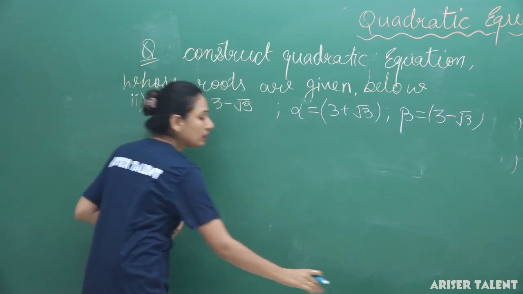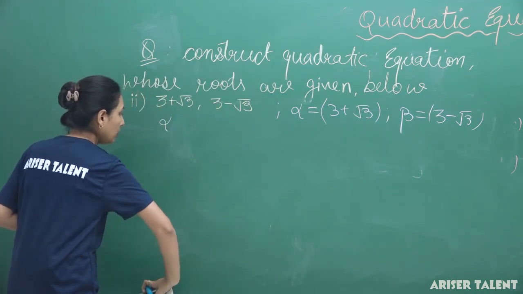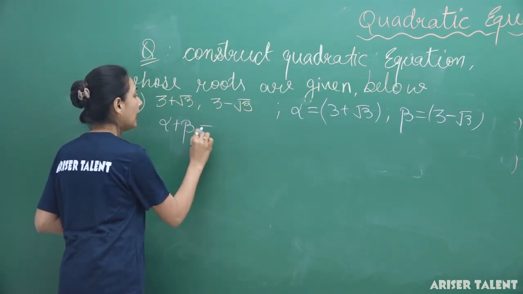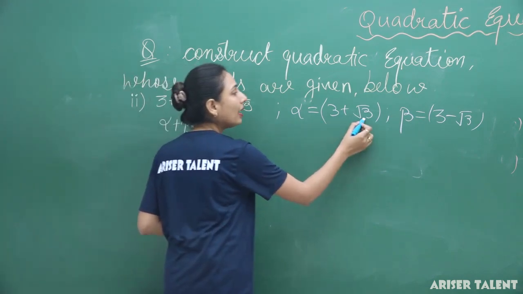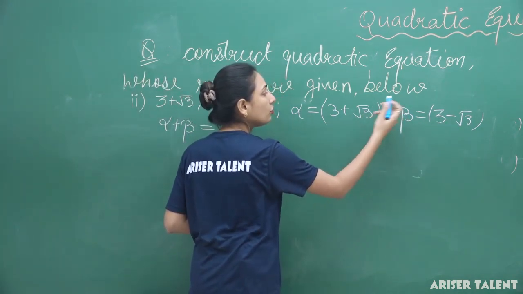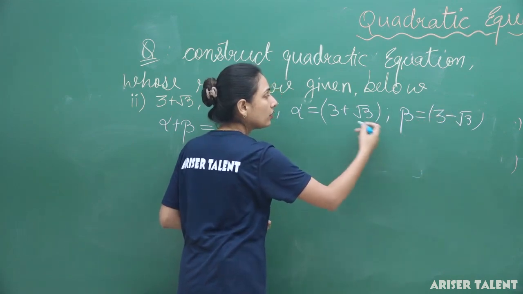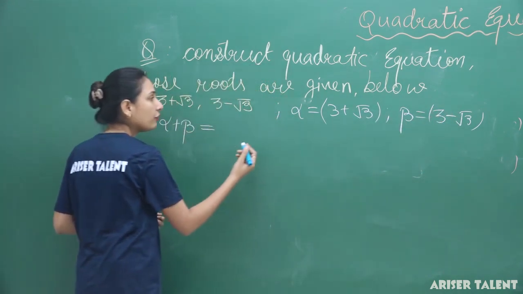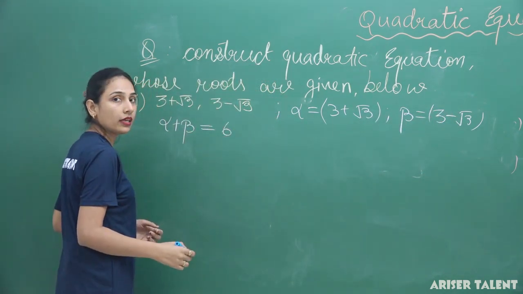Alpha, not plus, not multiplied, but the sum of it. Okay. So, alpha plus beta. Now, alpha plus beta: root 3 and root 3 will cancel out. So, 3 plus 3, that will be 6. Okay. And